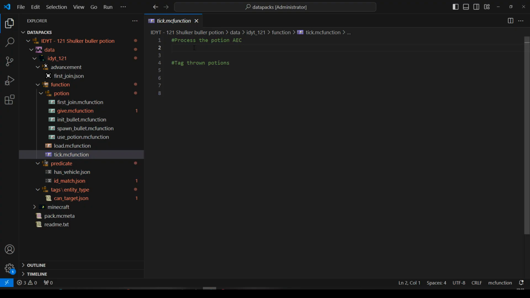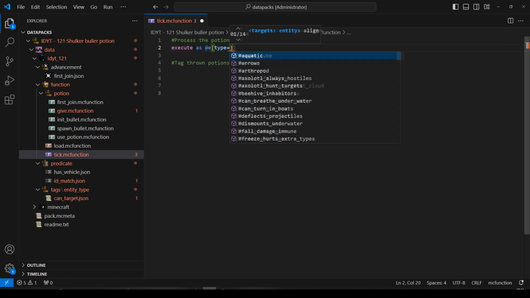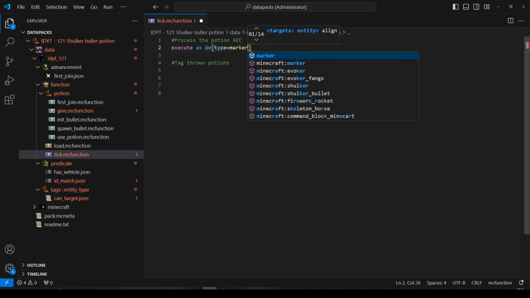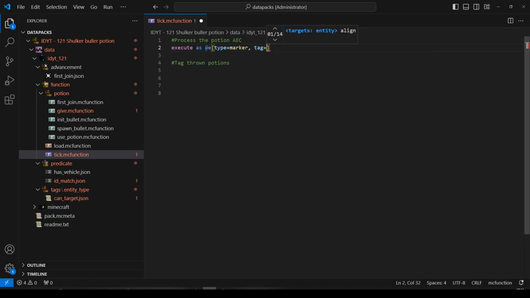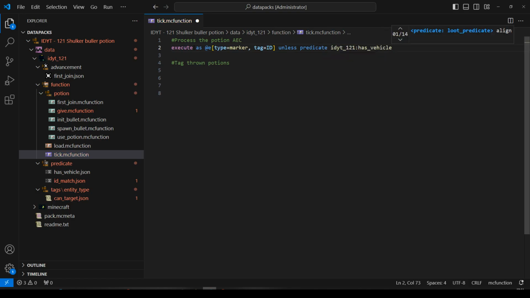Inside tick, we'll process the potion's area effect cloud. So we'll execute as any entity whose type equals area effect cloud. No, we want a potion. We want to be checking the marker, the marker that we're going to summon. Tag equals ID. Unless predicate, unless it's riding on the potion,